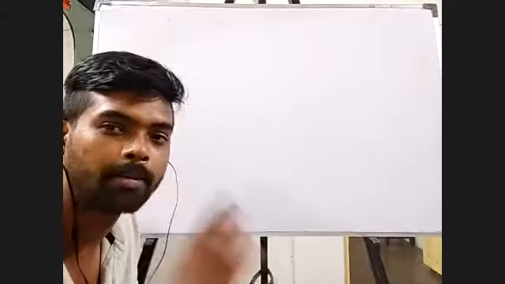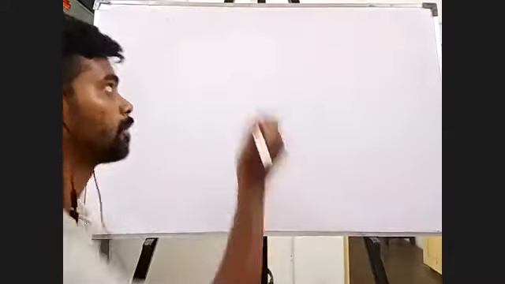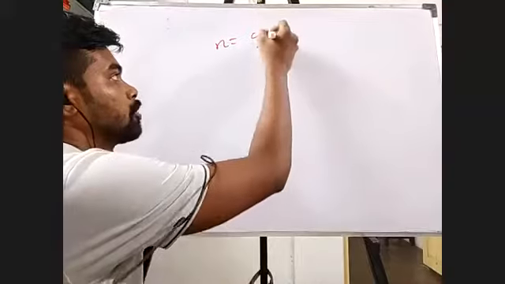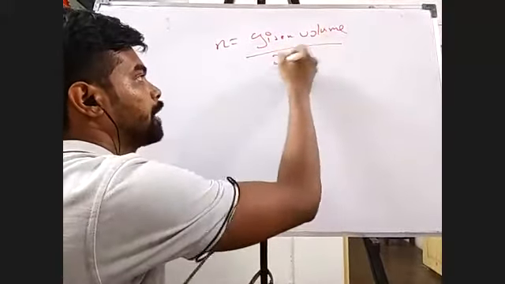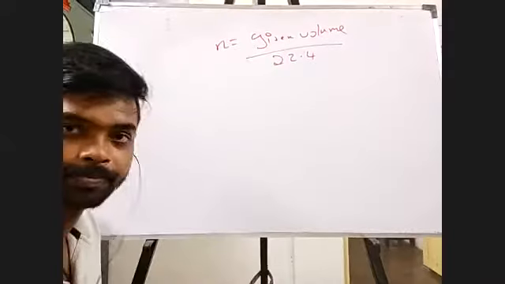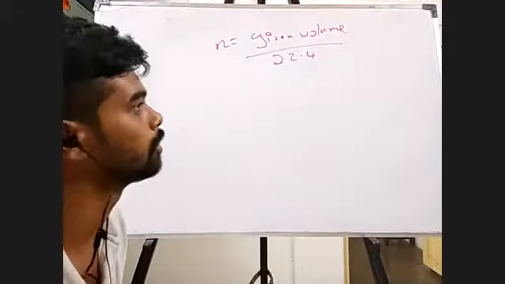And I gave you a formula also, right? A formula connecting my volume and the number of moles. And the formula went like this. Number of moles is equal to given volume divided by 22.4 liters. Isn't it? This is what we saw. Correct. So we'll do this.